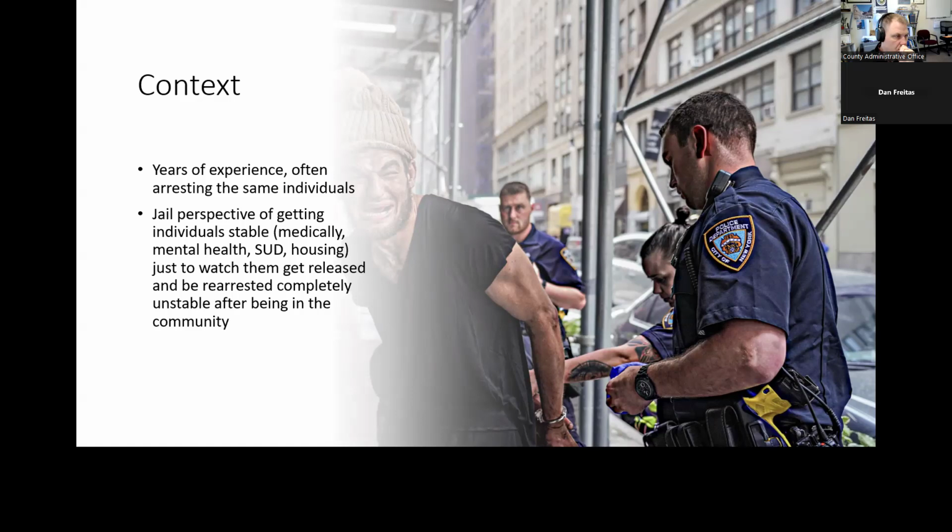But the context of what led me to my project is years of experience. Most of my career was on the patrol side, and we saw the same individuals over and over and over again, and not a lot of change. And when I got to the jail as a lieutenant and then as a chief,